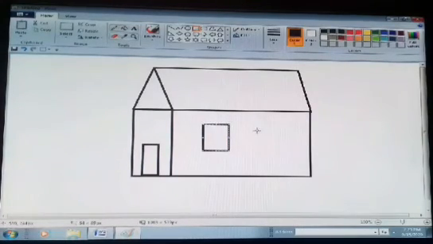Okay students, I hope you all understand how you can draw a house in MS Paint document.